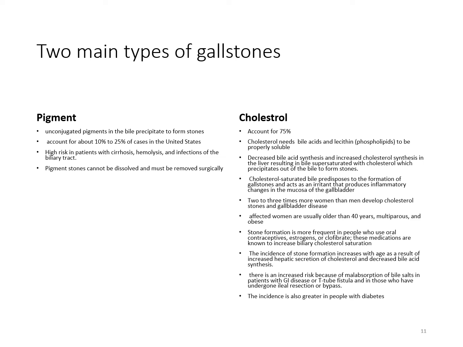They've specifically connected these to cirrhosis, and that makes sense because we talked about cirrhosis and how conjugation may not happen. They've also mentioned hemolysis and infections of the biliary tract, specifically under the pigment types of stones. All right, and then